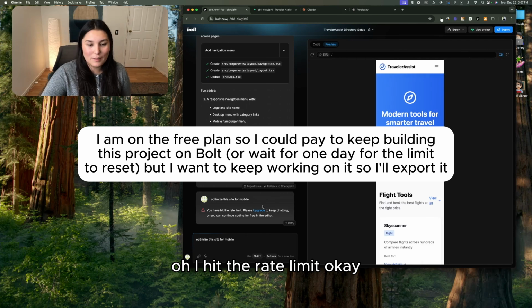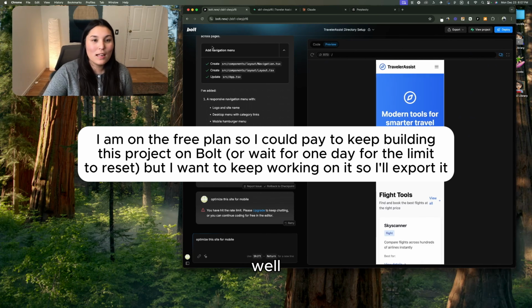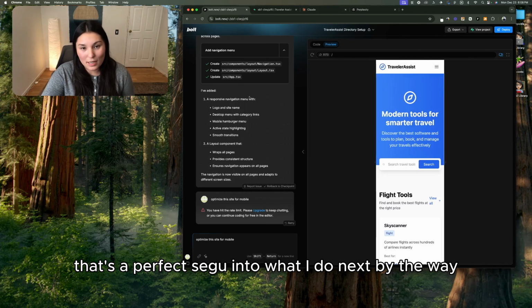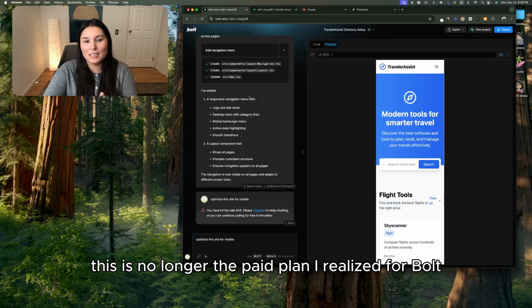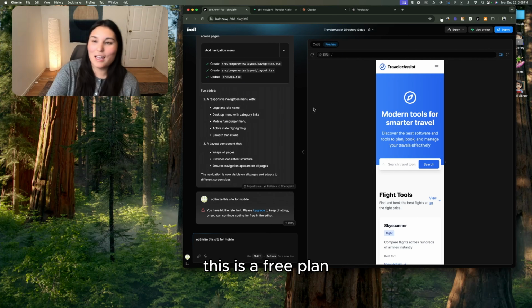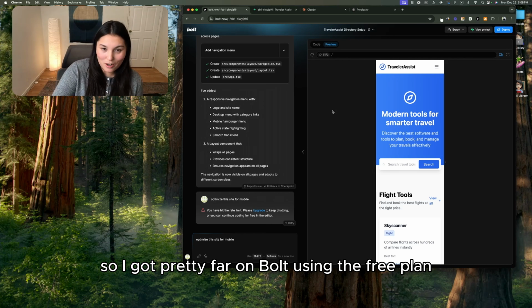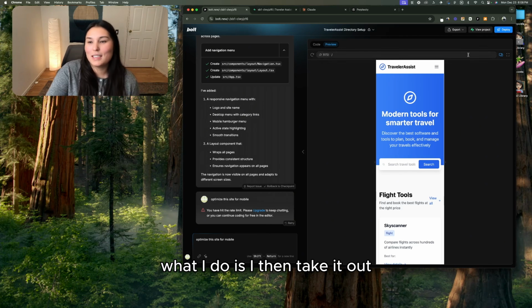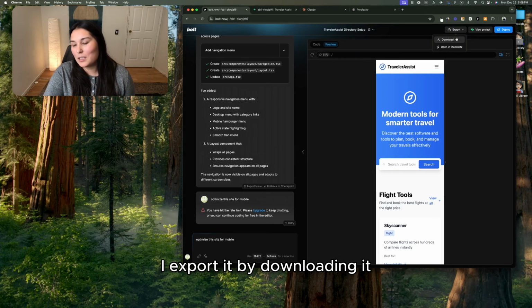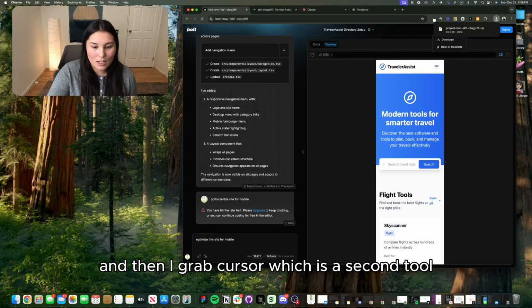Oh, I hit the rate limit. Okay, well, that's a perfect segue into what I do next. By the way, this is no longer the paid plan, I realized, for Bolt. This is a free plan, so I got pretty far on Bolt using the free plan. What I do is I then take it out, I export it by downloading it, and then I grab Cursor,